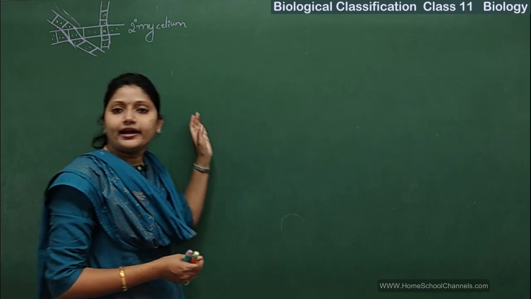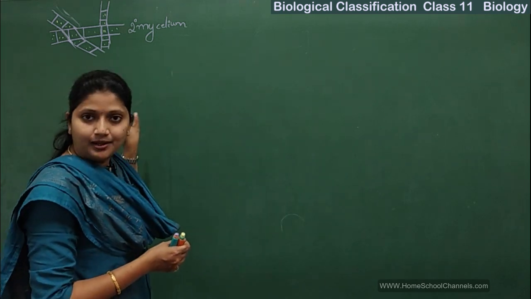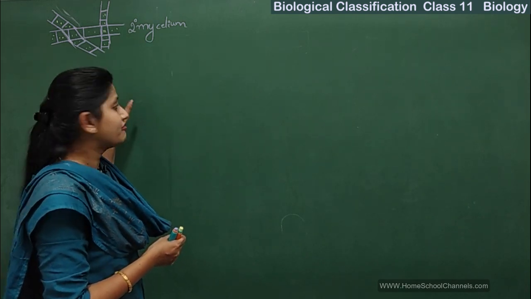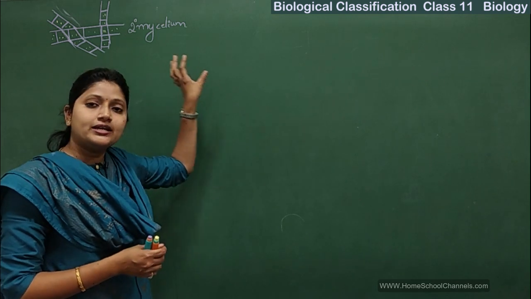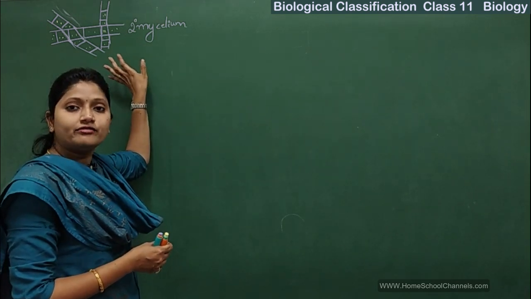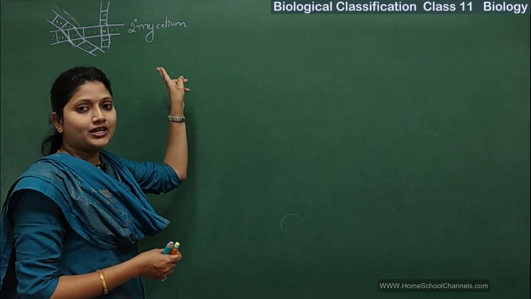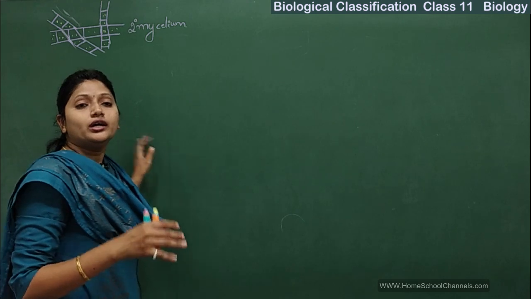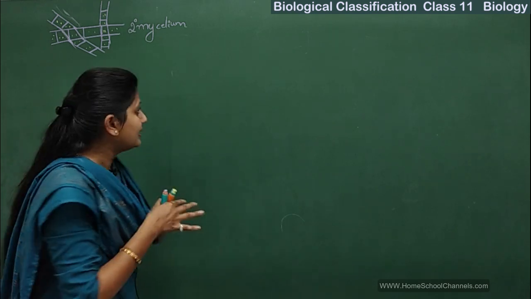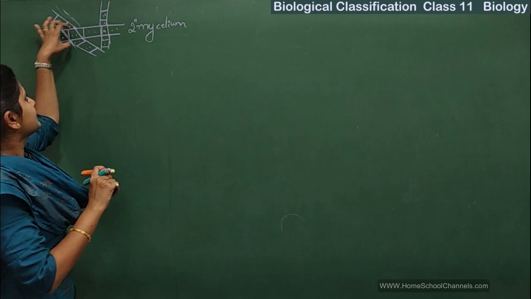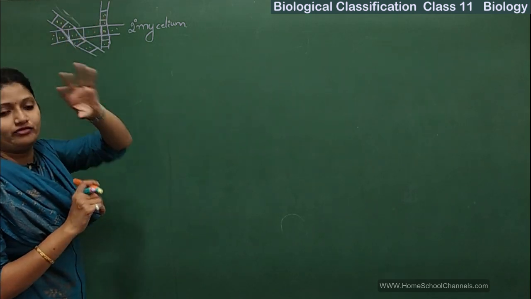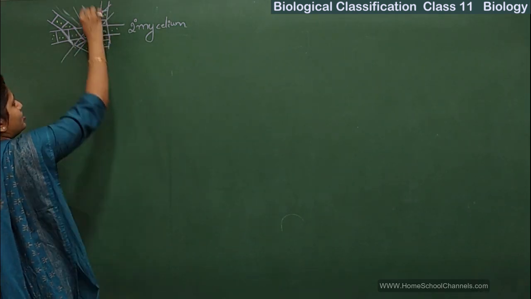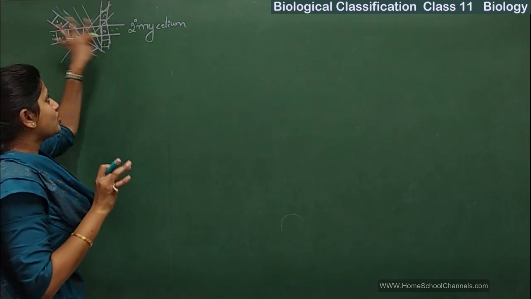On the board, I have written a secondary mycelium. There are a few hyphae which have made the secondary mycelium, and all of them have two nuclei. Hence, we are calling them the secondary mycelium. So, during the reproductive season, we will take one single hypha here. Out of these many strands, so many strands of hyphae will be there, and this is called mycelium.